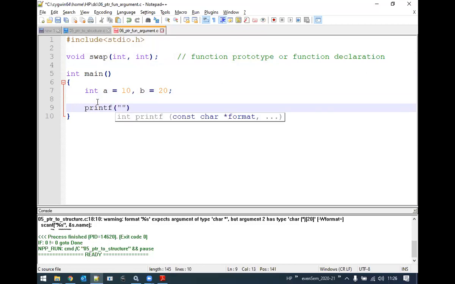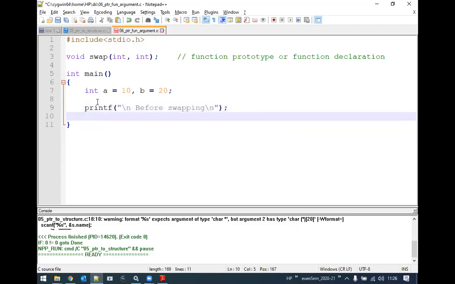So let me write the corresponding statements. printf "Before swapping\n". Then printf "a equals %d\n", a.